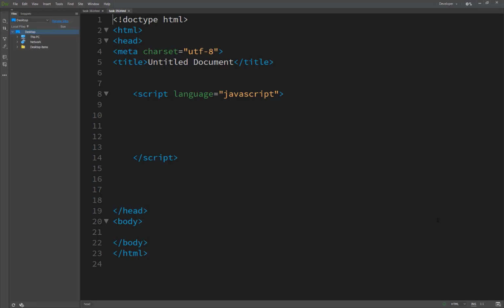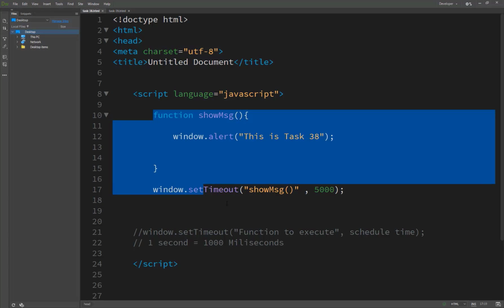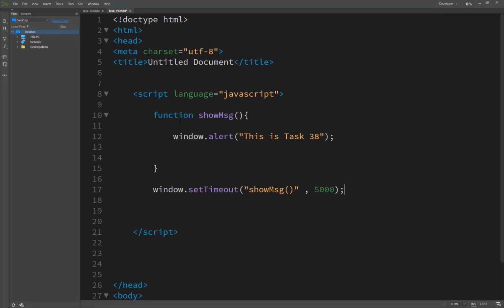you need to do two things basically. As the last command in the function, use window.setTimeout, here we just copy from here, to reschedule the function to execute again.